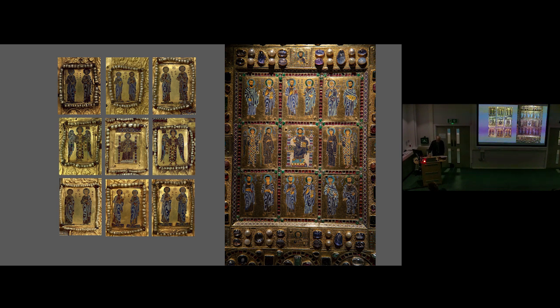ends. And as I say, 118 enamels on the Khakhuli Triptych. So there's an argument about whether some of them are locally made. A few of them certainly are, but the majority, I think, are coming from Byzantium. Shows just how much had been coming to